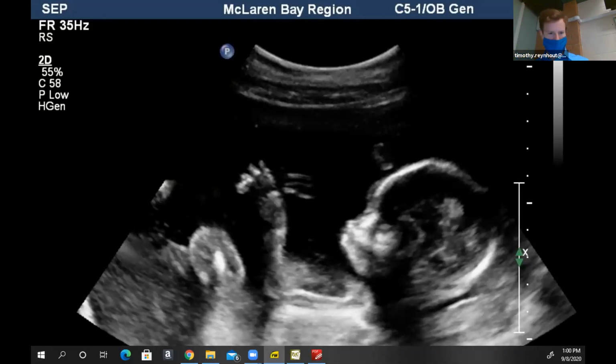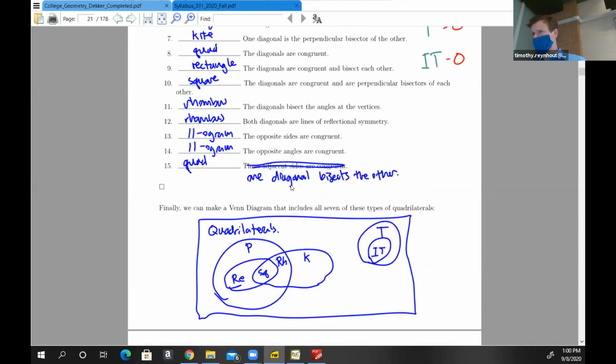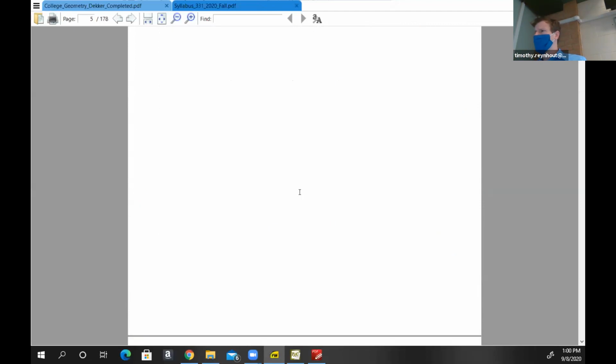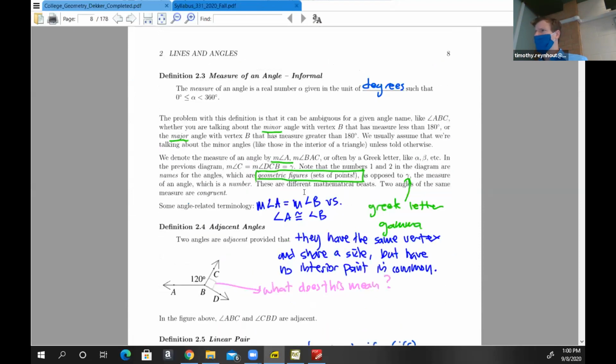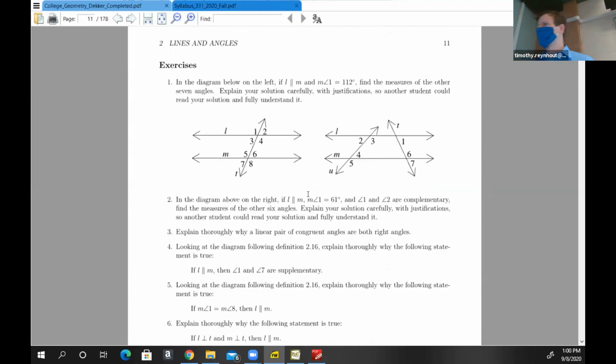So I'm going to open this up, and that works well. This is sections 2 and 3 that you had submitted last week. So going back to section 2, the preliminaries, the homework was numbers 1, 2, 5, and 6. For number 1, in this diagram, we're given the measure of angle 1, and we want to find the remaining angle measures. And for the most part, this one was really good.